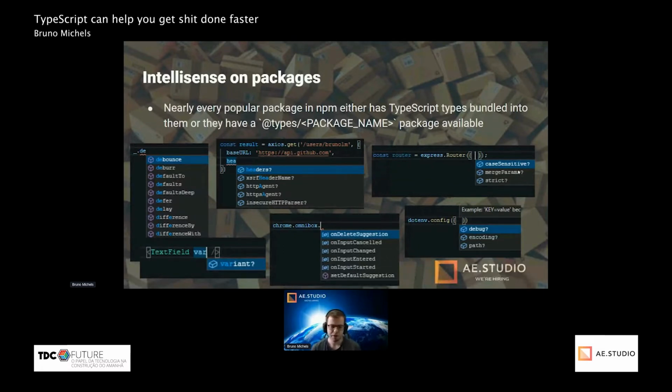If the types are not maintained by the package owners, they're maintained by the community. There's a really strong community on GitHub called DefinitelyTyped, with thousands of types for packages, and many people maintaining them. So we have types for everything we want.